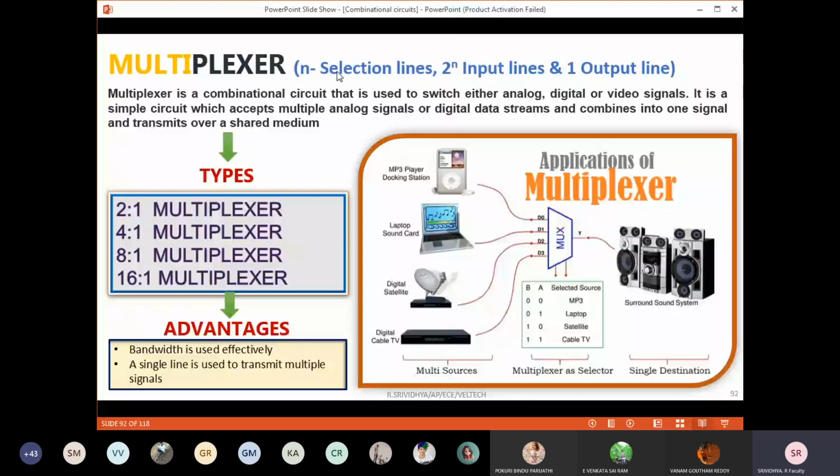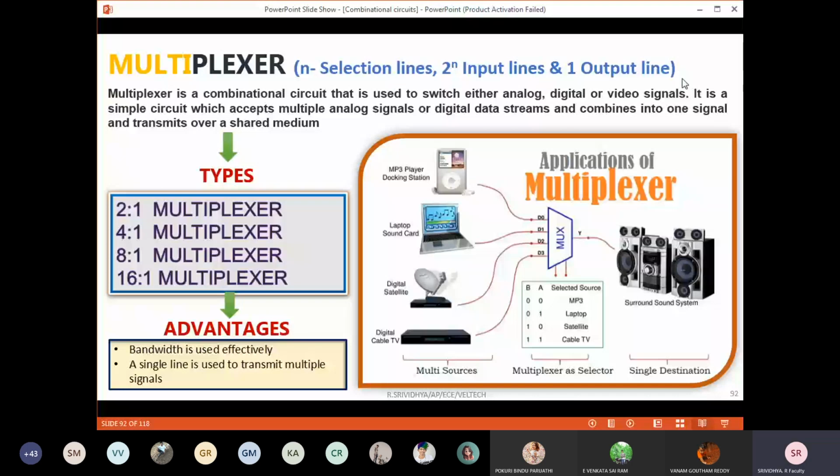Now you all will not know the significance of why I put it separately and gave it to you in a blue line. When I teach you the corresponding topics such as demultiplexer, encoder, decoder, at that time you will understand. Not to get confused, whenever you are writing, whenever multiplexer comes, write it this way so that you will not get confused with the concepts of your encoder or decoder.